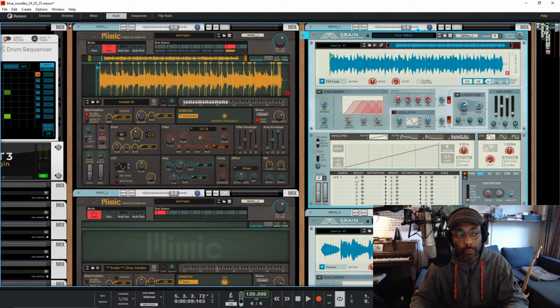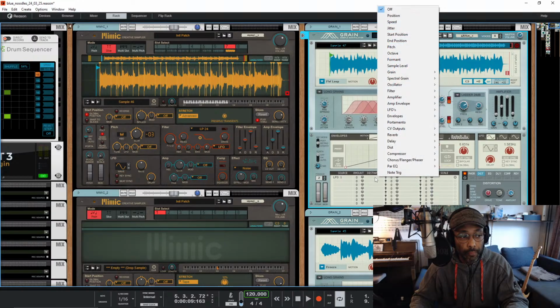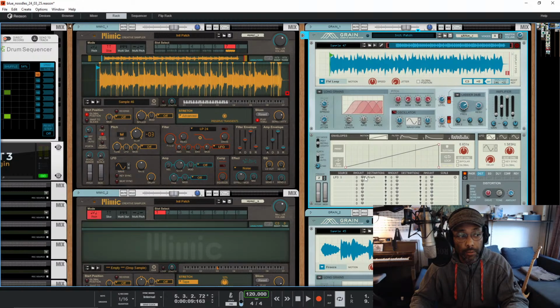But let's say we're going to send this LFO to the ladder pass frequency cutoff, okay? I'm gonna choose filter and frequency, and then we can dial that in. Also, we can control the speed here. We could also automatically sync it to our tempo.